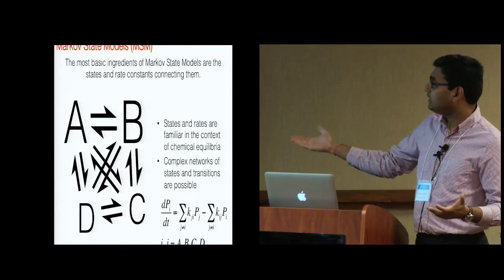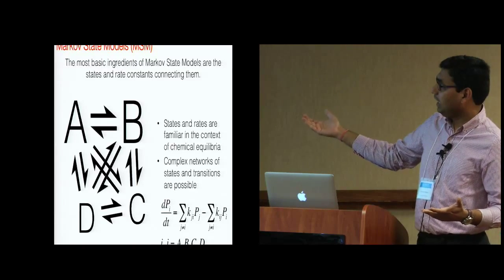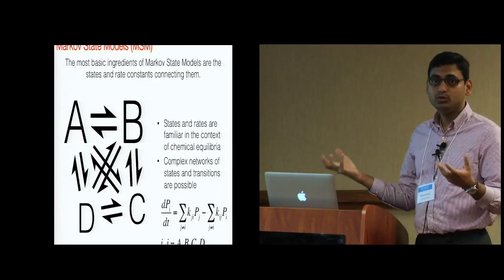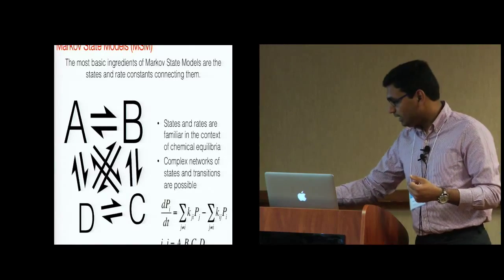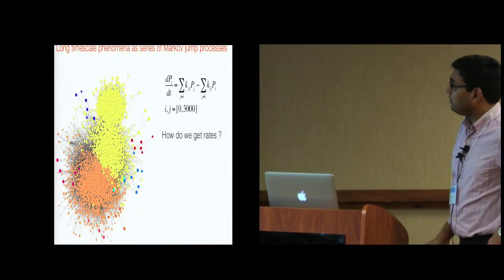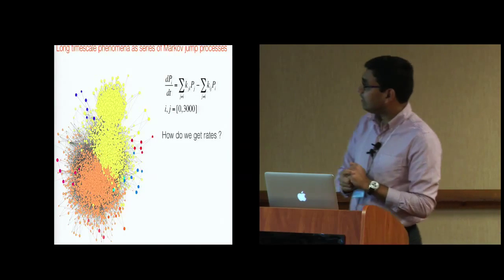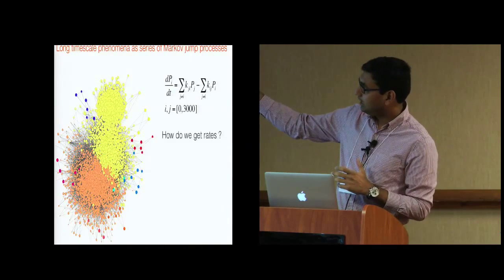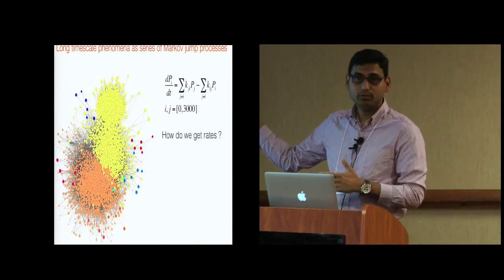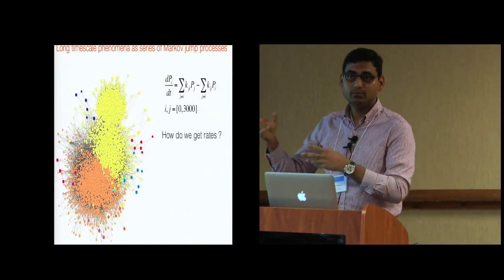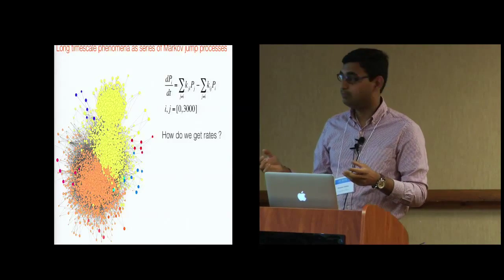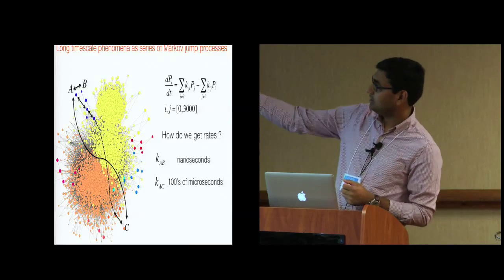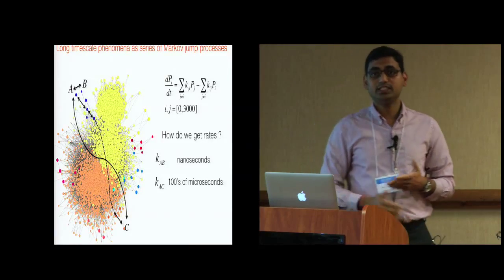But the problem really is, how do you find all these rates and how do you find all the states that are in between the two snapshots that I've got? To represent this in a very simple way, the question is, how do you get the rates? This is sort of a graph that you would have. All these circles are different states of a protein, and all the lines connecting them are the rates between them. If you're starting from a state like this A, you can go to an adjacent state very quickly.